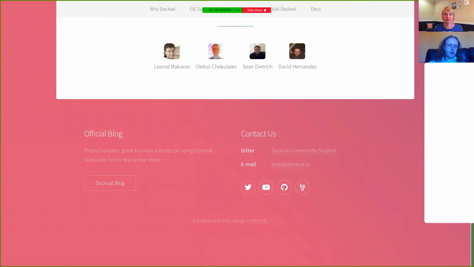But for non-text contrast, look at this link down here. It says the Doxel blog. It's got a hover style. But looking at this, there's a lot of padding on this link, an extra bit above and below, and even more at the sides. The entire extent of this area is the target area, rather than having to hit the text. But what this has failed on is that we can see